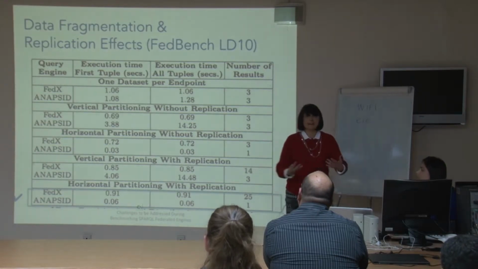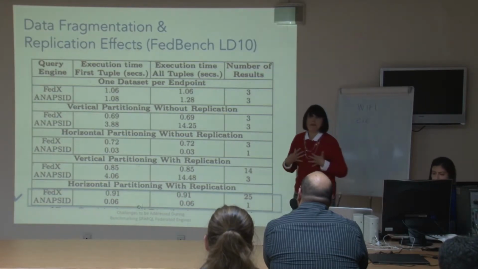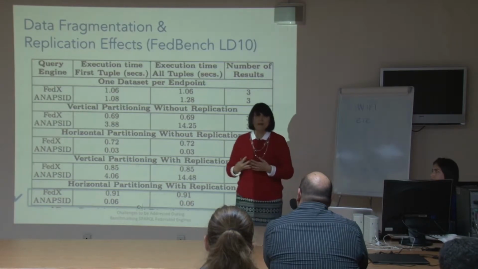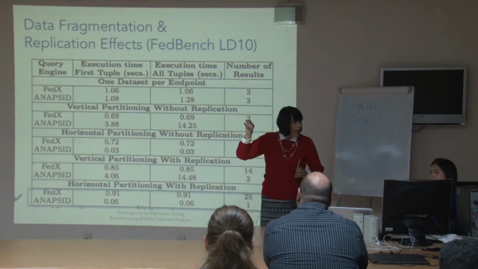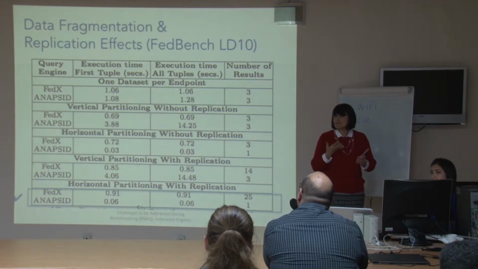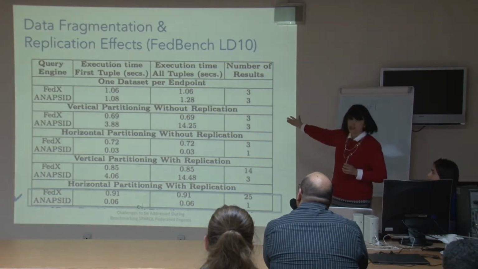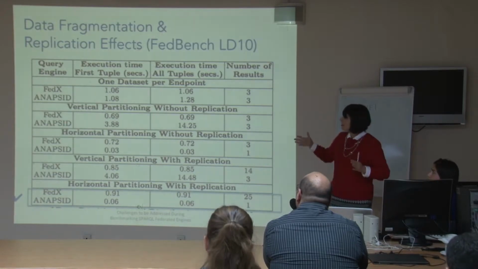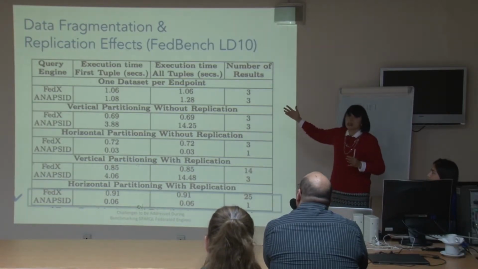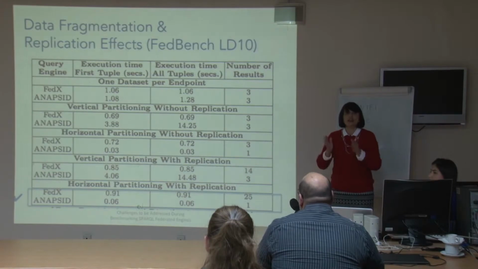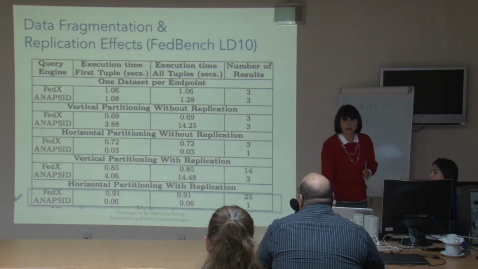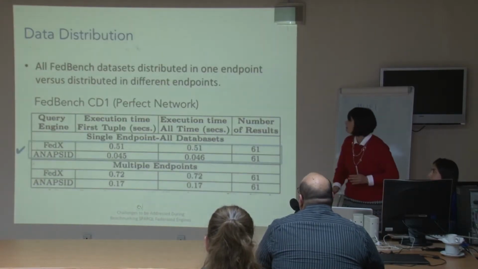So suppose I'm writing a paper, and I want to show my green apples. So I will just pick the green apples that are showing that my engine is the best. Why? Because in the benchmark, nothing is specified with respect to the type of fragmentation that I have to have when running the experiments. So this is definitely a limitation